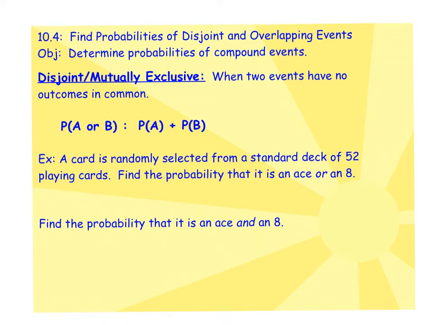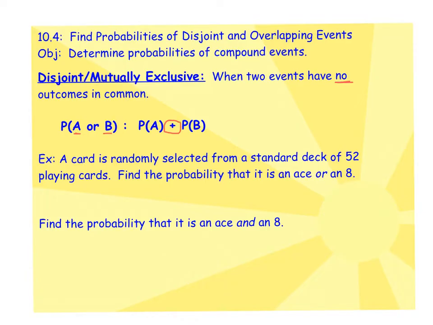Now that we've done some work with probability, we're going to look into different types of events happening. Let's start with 10.4, find probabilities of disjoint and overlapping events. Disjoint is the same as mutually exclusive. This happens when two different events have no outcomes in common. If you want the probability of either event happening, this one, or is an indicator that we simply add their